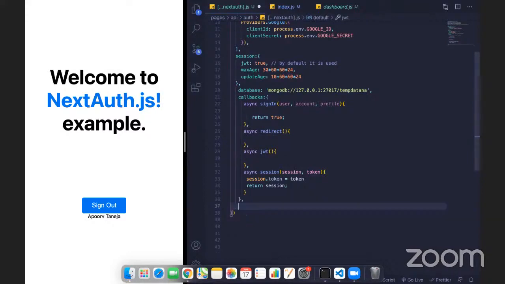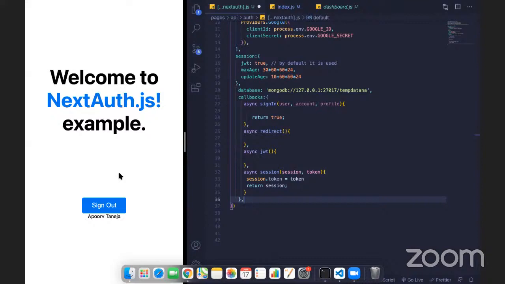We won't go into the detail of JWT. And one of the best things about NextAuth is it has tab syncing and auto revalidation. So what is tab syncing? Suppose you are logged in in two different tabs, with localhost 3000 opened in both tabs, and you log in on one tab. In the other tab you will automatically be logged in because tabs do sync. Similarly, if you log out in one of the tabs, you will automatically be logged out of the other tab. This is one of the features provided by NextAuth.